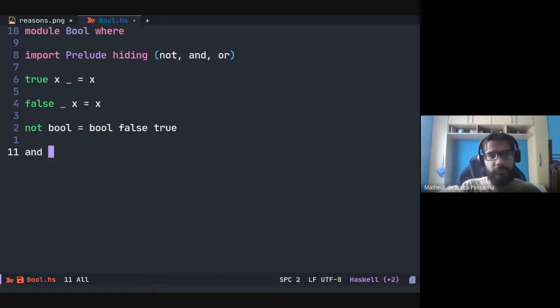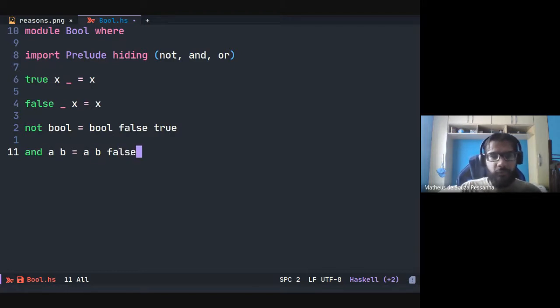Now the and function. It receives two bools, A and B, and then applies A to B and false.